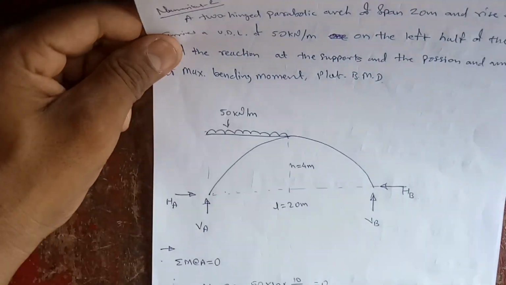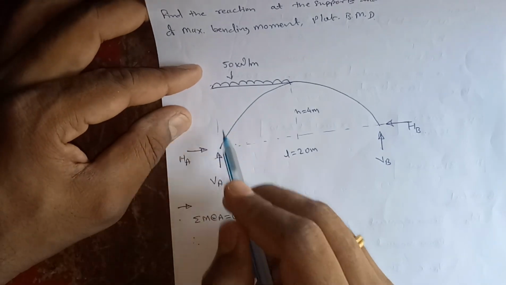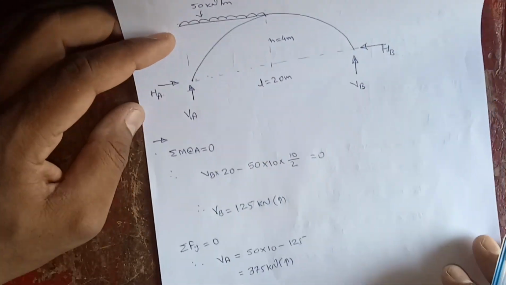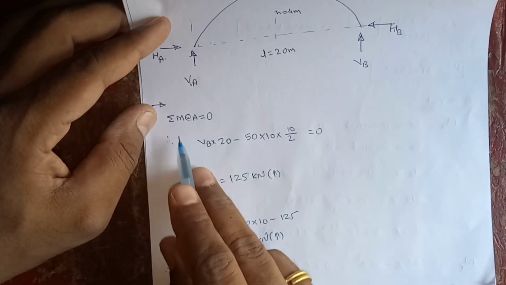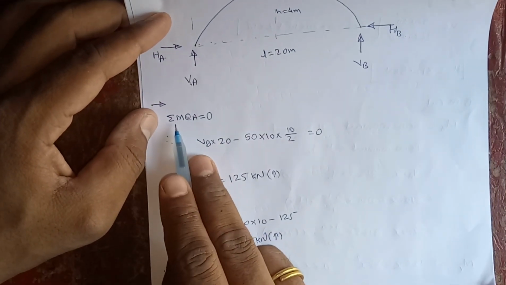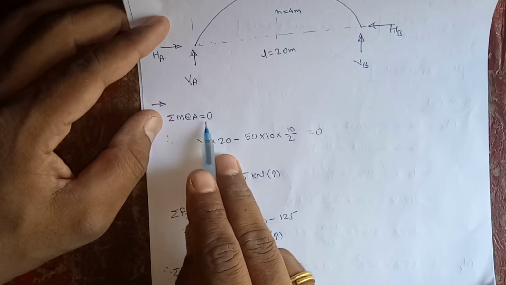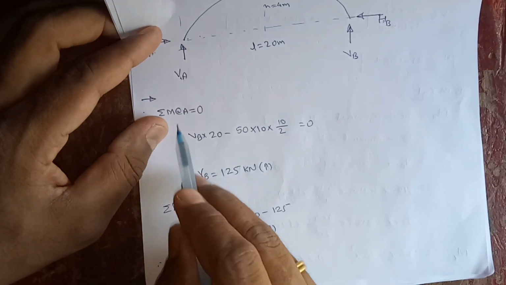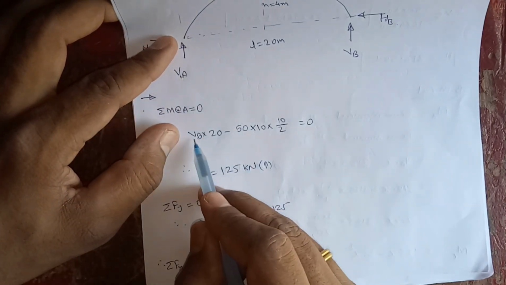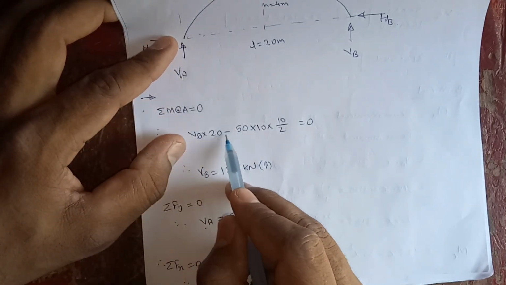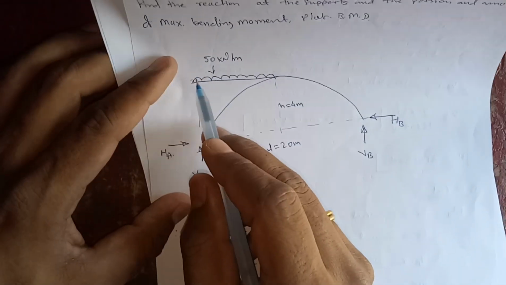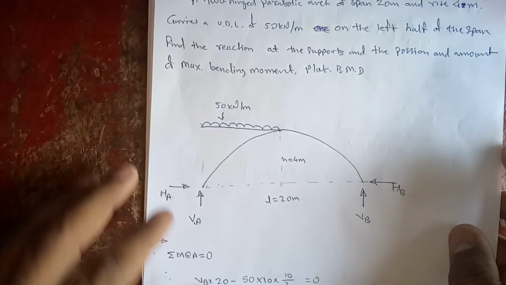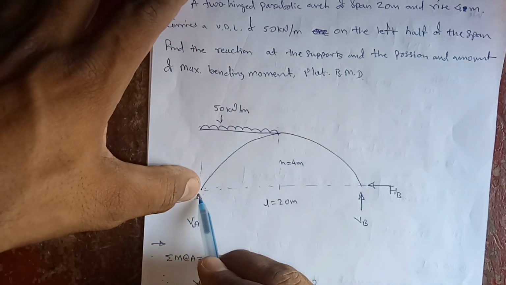Again we already know how we can calculate the vertical reaction and horizontal reaction. Once you calculate that, it is simply a bending moment calculation that we need to do. Now if you use the first condition of equilibrium, summation of moments about A, then it is equal to VB multiplied by 40 minus 50, the intensity of the UDL, as we are calculating moment about point A.